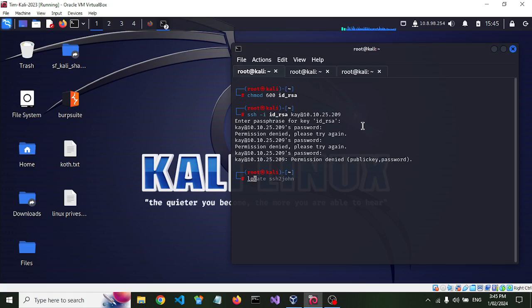So if we do locate ssh2john, we can see it's in /usr/share/john/ssh2john.py. That's a Python file. So to crack it, we're going to need to use Python 3, and we'll copy this